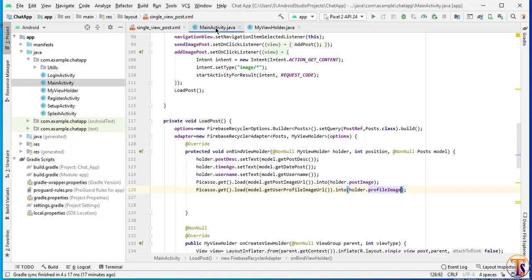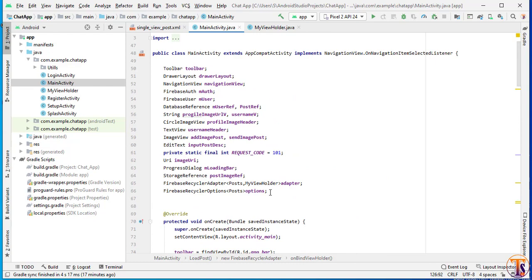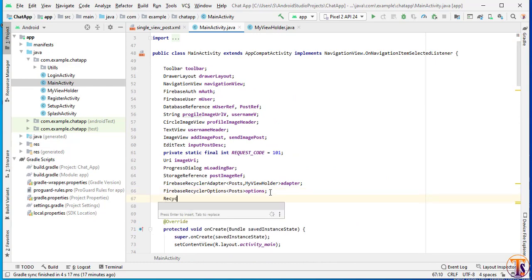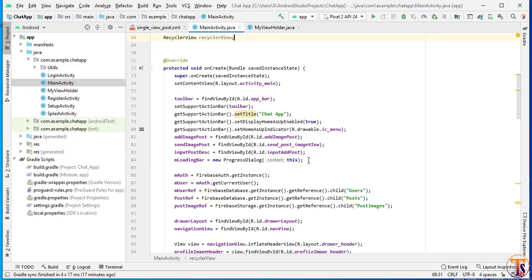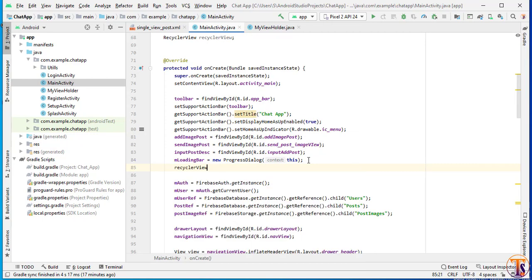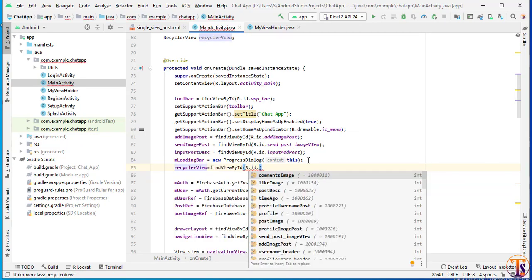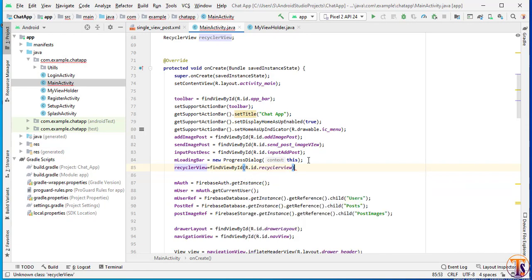Okay, now we will initialize our recycler view. So create a recycler view here. So recycler view, and simply call here recycler view, and here we need to initialize it recycler view equal to find view by id R dot id dot recycler view.